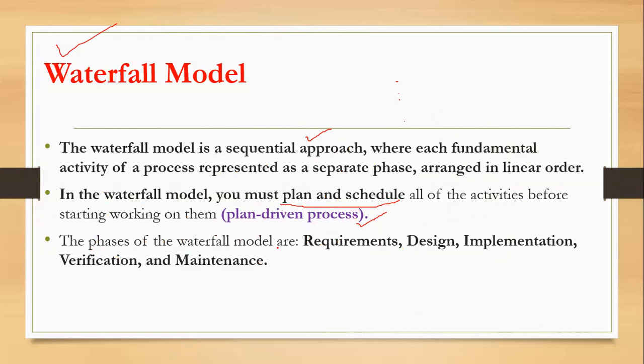The phases of waterfall model are, that means it's a number of phases we have to cover in this model again. So requirements, design, implementation, verification, and maintenance. These are the different phases, or the different set of steps, or the different activities that we have to perform in this model. So generally ये वाली activities हम हर model में different way में perform करते हैं. So this is known as waterfall model. That means just how the water flows downward or onward, so उसी तरीके से इस concept को लिया गया है.